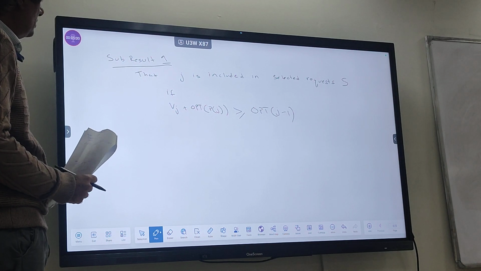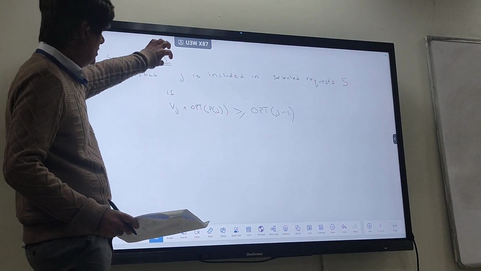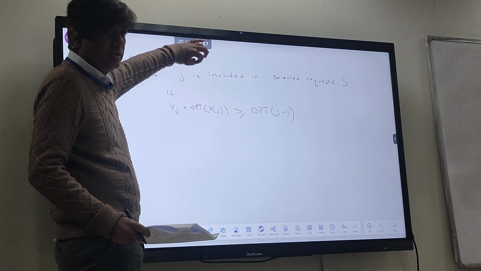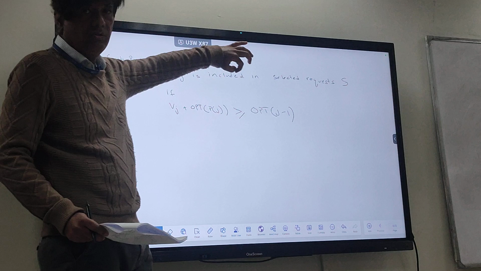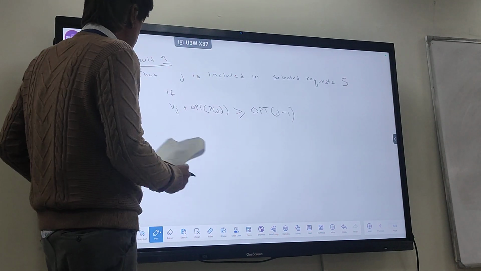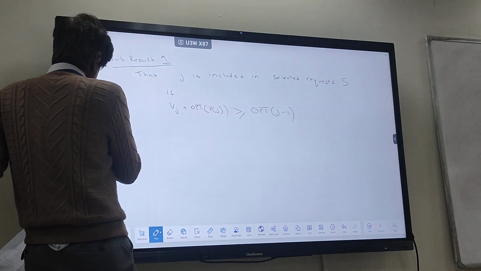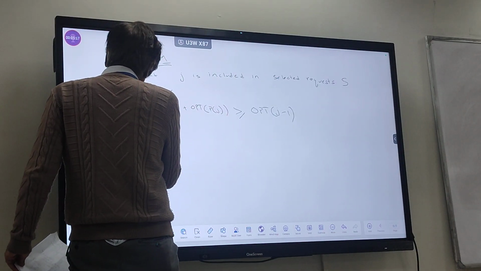We will do this at a later stage. Whenever this part is greater, the request j will be part of the solution. So that's how we will be selecting it gradually.